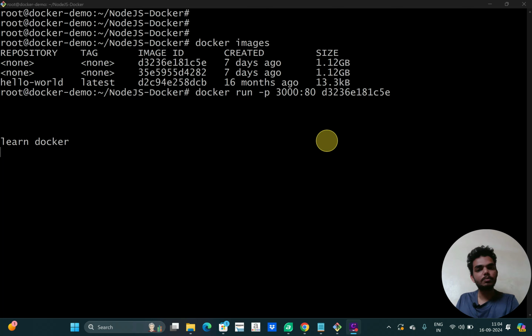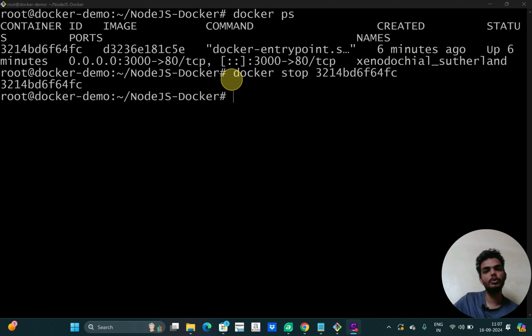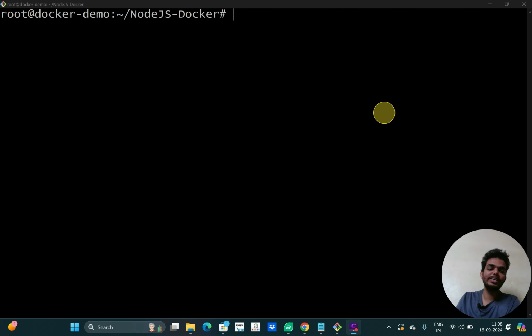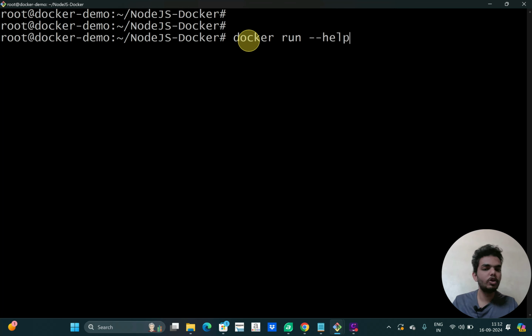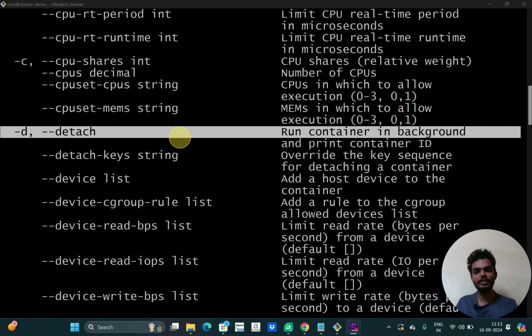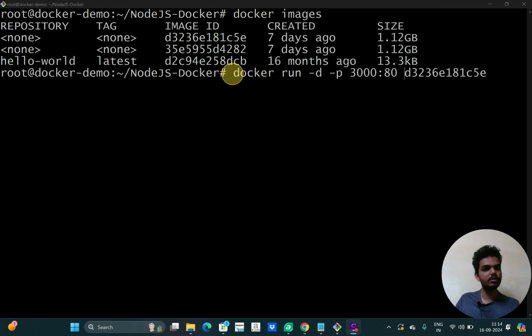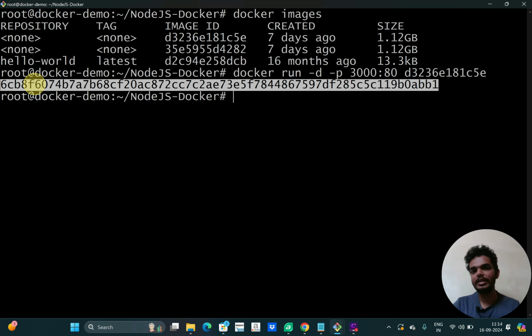And if you want to run this particular container in the background, we have something called detached mode in Docker containers. I have stopped the previous container because I am going to run a new container in detached mode on the same port. Now how can I run this container in detached mode? For that you have to add one more flag in the command. If you don't know the flag, you can run docker run --help. Then you can use -d or --detach to run the container in background mode. So now let's run this container in detached mode. I have added the -d flag, and if I press enter, it gives the container ID and the terminal is not attached to this container now.